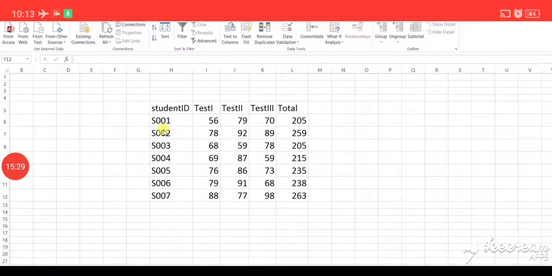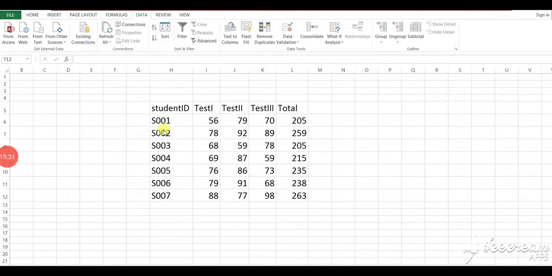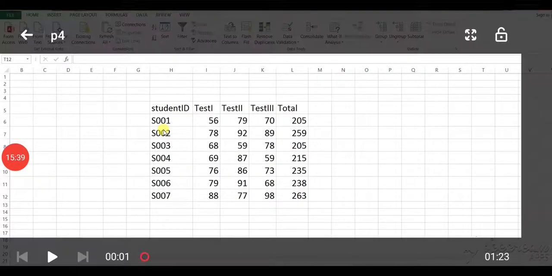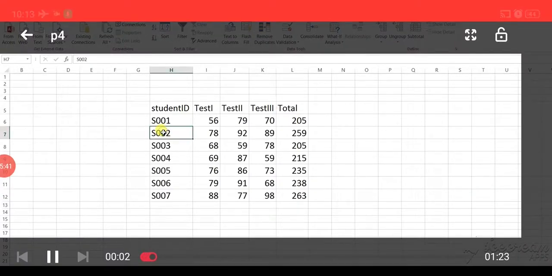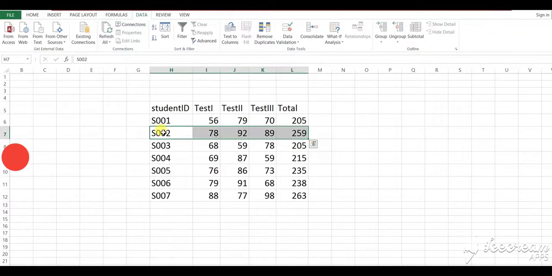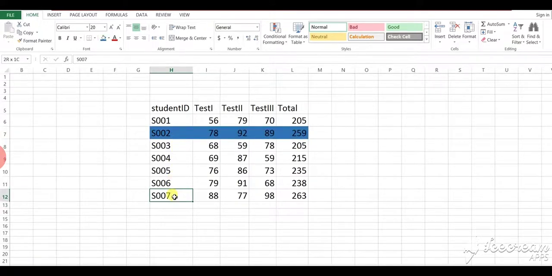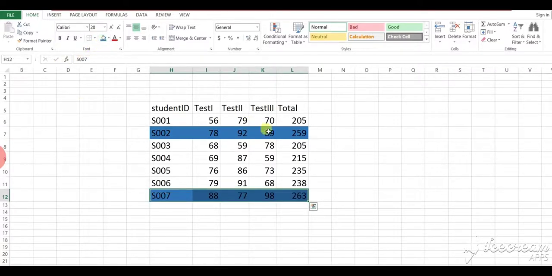Here we learn how to filter and sort a record on the base of color. First of all, make the table, then after, see, first of all set a color on the records, and then based on it we can sort and filter. So second record and last record. Here we set the color. On the base of blue color we can sort and filter.